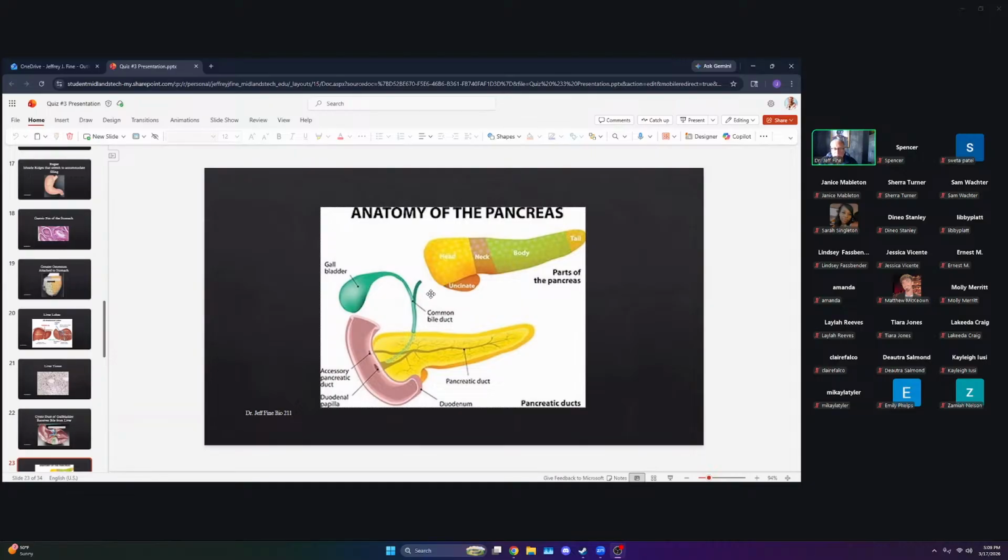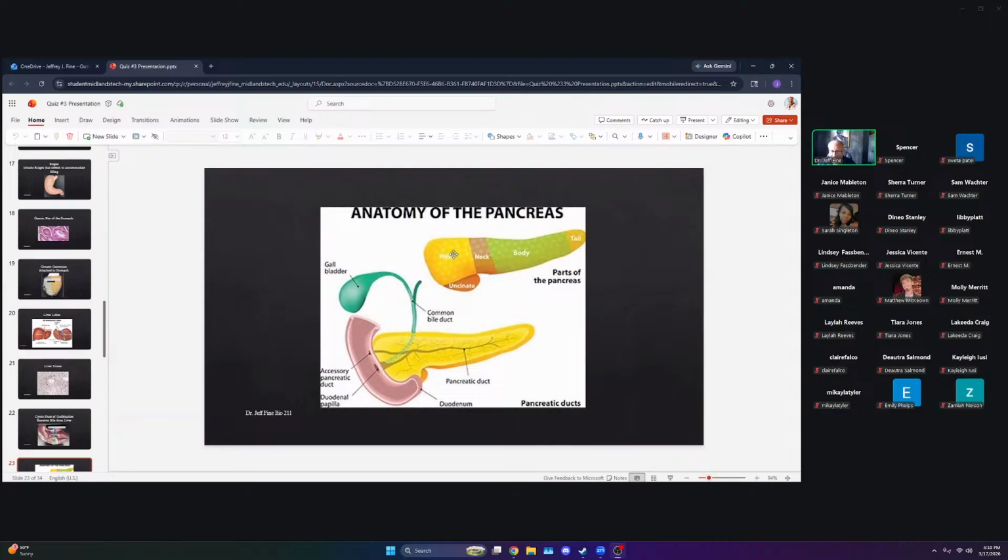Okay, so when we look at the parts of the pancreas, how many breakdowns there are depends on what source you're looking at. They just vary depending on the author. So here for Bio 211, for the lab part of it, I'm looking here at my notes. For here we're going to be most focused on the head,